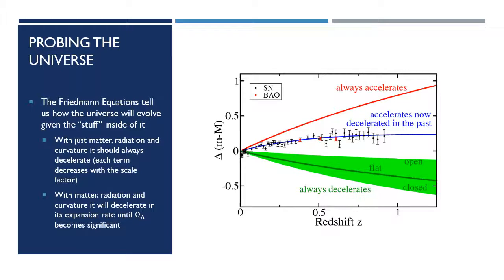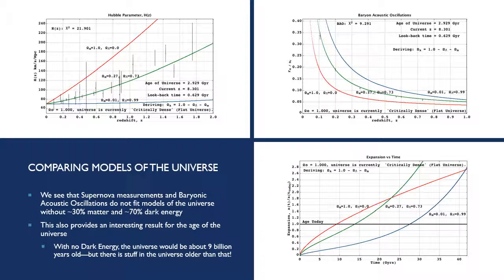And if you recall going back several slides, I put up an example of how the different energy densities decrease as the universe gets bigger. And eventually you see there's a point where the fractional energy density of dark energy takes over the other ones. And so that is the only one that's really consistent, where the universe decelerated in the past because the radiation and matter terms were more important, but now it's accelerating because the dark energy term dominates.